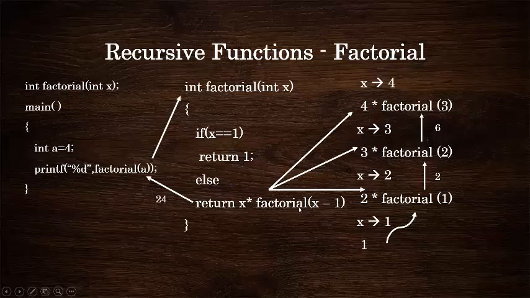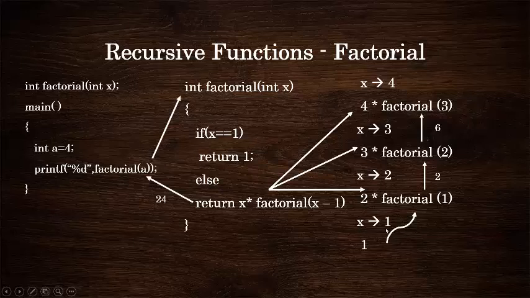So we are breaking the given problem into sub problems. When the problem is given, I have to identify the factorial value of 4, but 4 is broken down into 4 into factorial of 3, and 3 in turn is broken down into 3 into factorial of 2, and 2 is in turn broken down into 2 into factorial of 1. Once factorial of 1 is encountered, the function factorial is called with x equal to 1. So when x is equal to 1, the base case is executed. The base case is not going to call the function again,